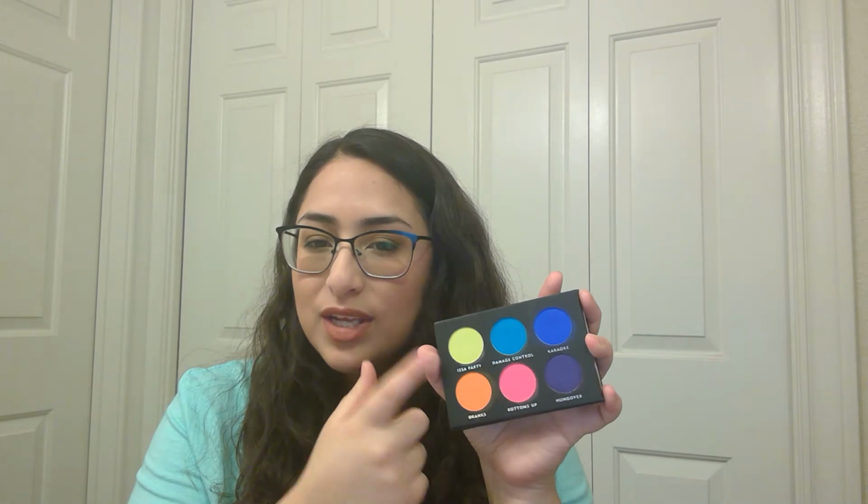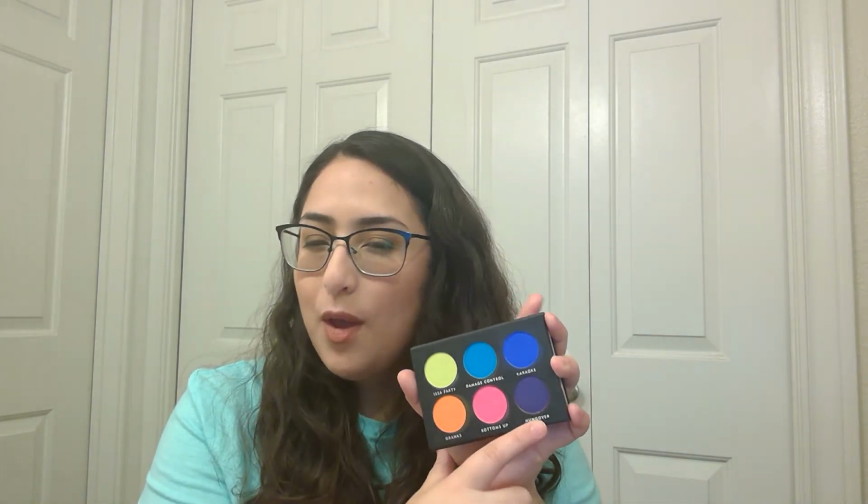There's a yellow, green, lime. It can be like a transformer shade, really. There's this turquoise or light blue. There's this deep royal blue, one orange, one pink, and then this duochrome purpley pink. It's very, very pretty. The duochrome in this is...